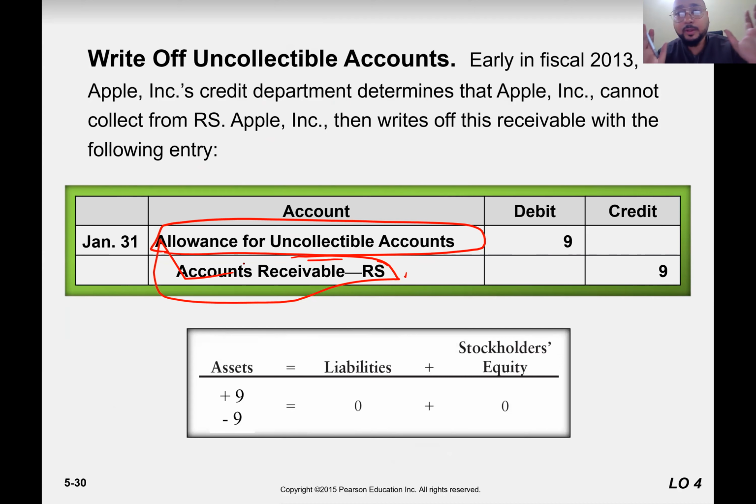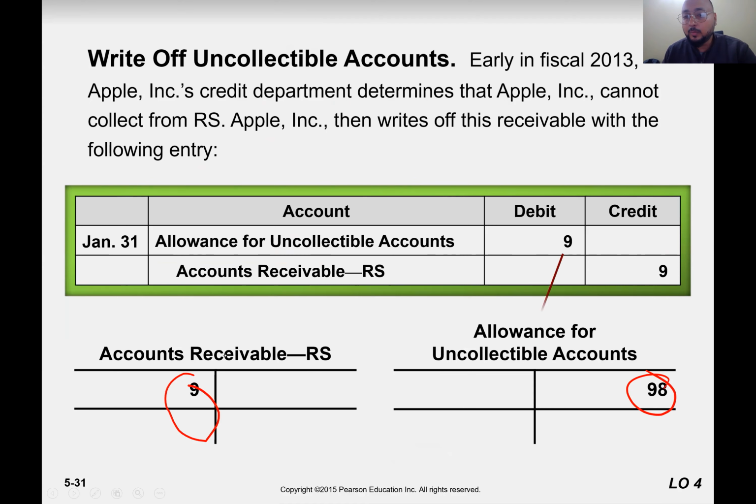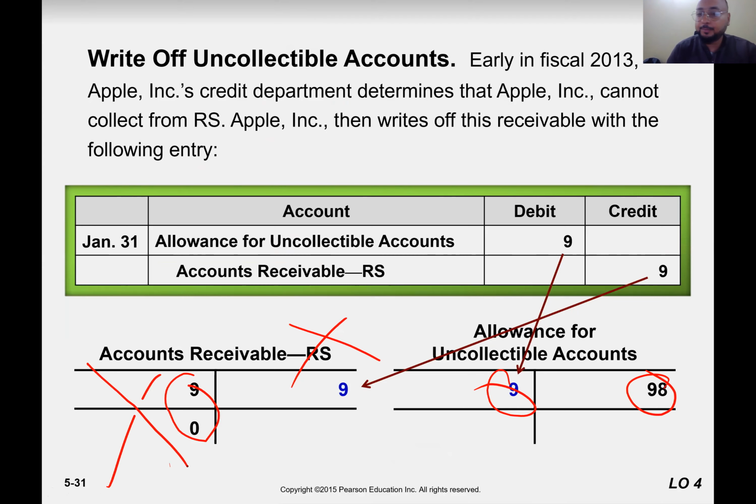So you see our income statement is not disturbed because there is no expense here. What we are doing is charging the real uncollectible to the allowance so that our income statement and our balance for total assets are not disturbed. How? You see, our allowance for uncollectible was 98, right? 9 is not to be paid. So this entry would decrease the allowance and would eliminate the RS. So RS is done. So instead of decreasing, increasing our